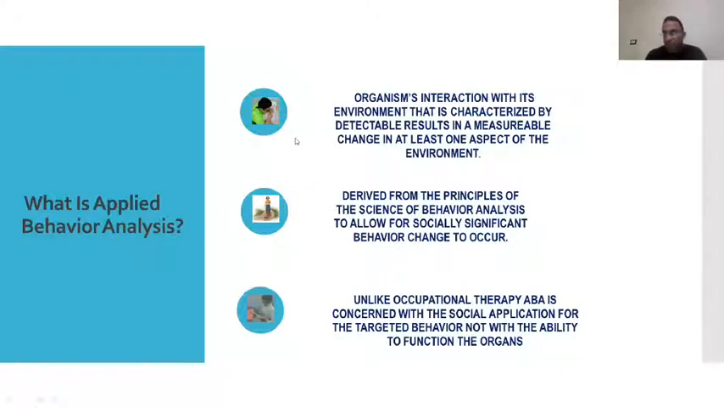Organisms' interaction with its environment that is characterized by detectable results in a measurable change in at least one aspect of the environment. What does this mean? It means that I'm trying to get a response from the student or from the kid to only one element, at least one element. But this response should be measurable, should be affecting the environment, what's around him,